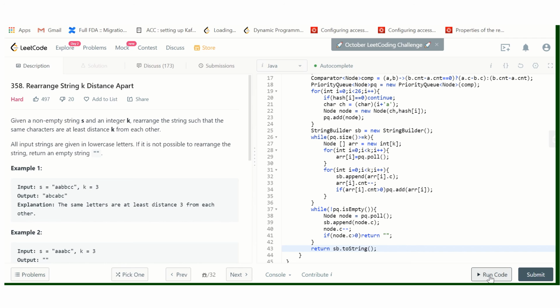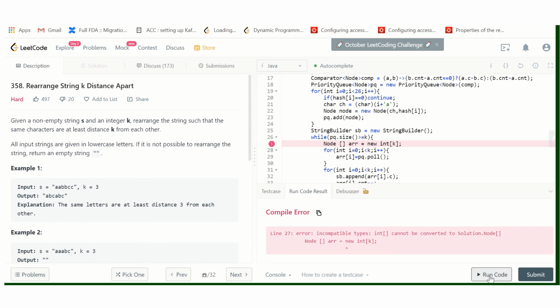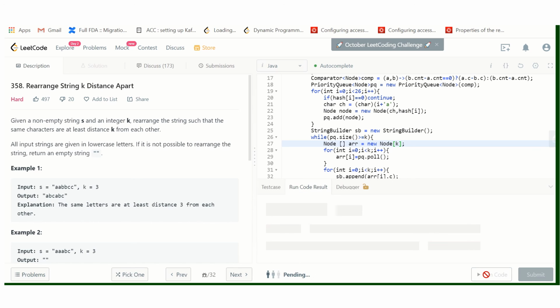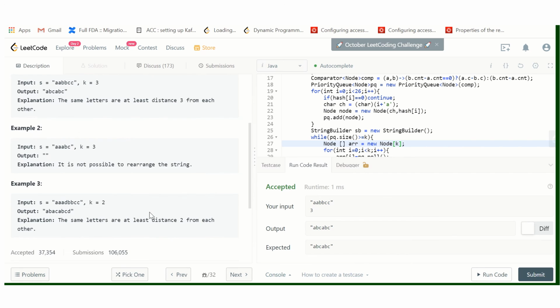Let's check. So it is giving some error. Okay, it should be node here. Yeah, so it is running on this input. Let's check for another input.